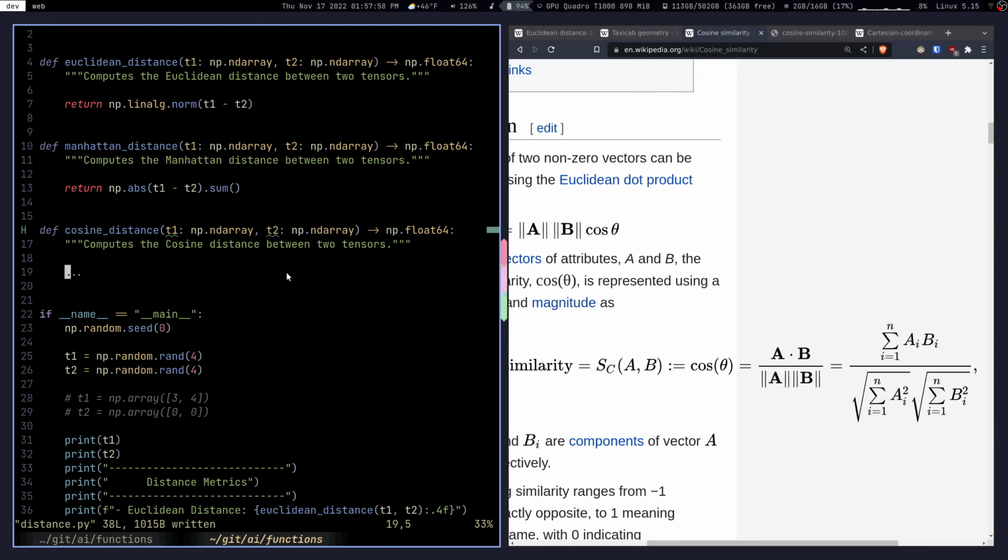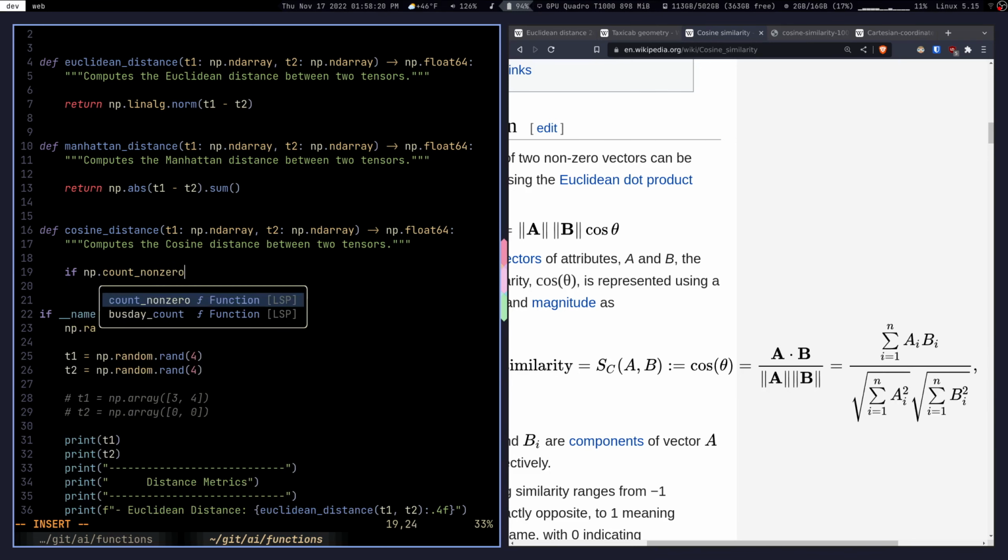Now, one thing to note about cosine distance is that for zero tensors, or zero arrays, whatever you want to call it, if every element in T1 is 0, it is not really defined. It's undefined. So to make sure that none of T1 or T2 is a zero tensor, what we can do is say np.count_nonzero of T1 times T2. Now, remember that this is going to be an element-wise kind of multiplication. And if T1 or T2 has